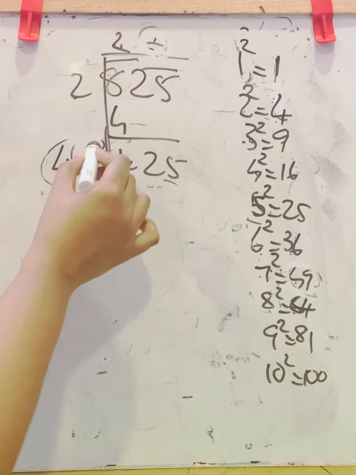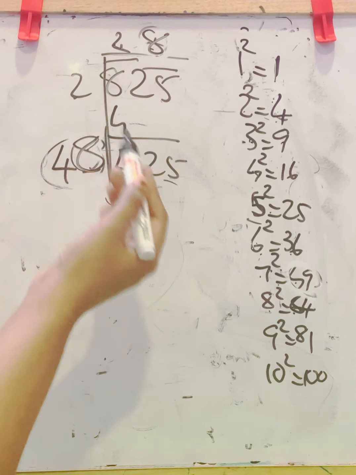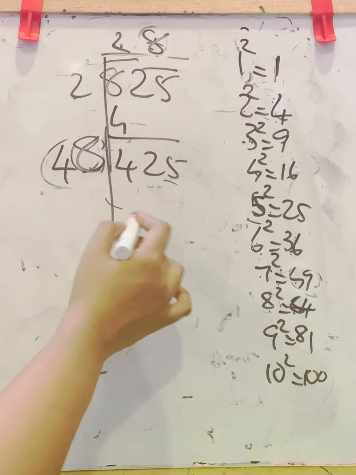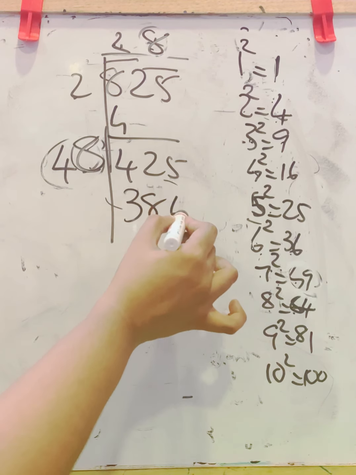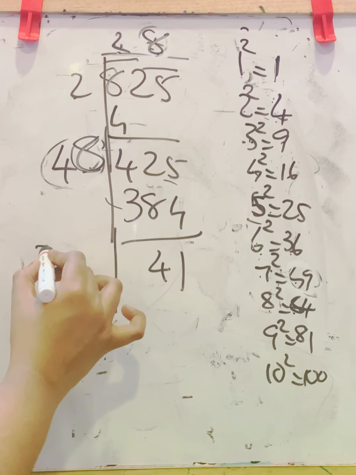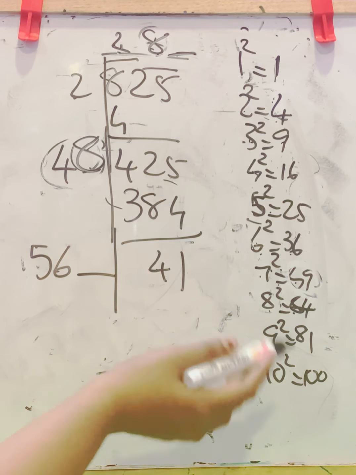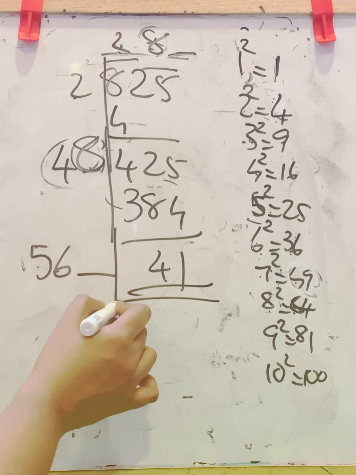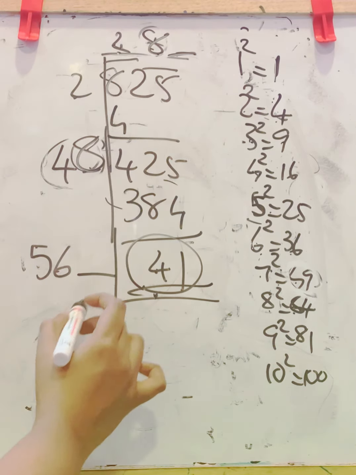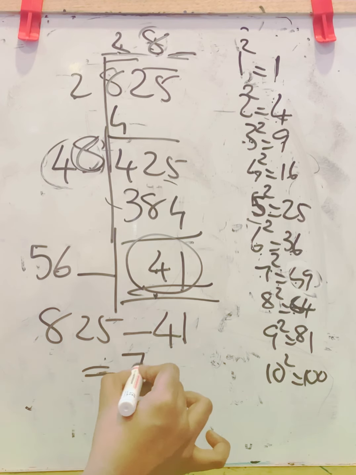You can write 48 into 8 after trial and error. Okay, you can do 47 into 7, 46 into 6, 49 into 9. You will come to the conclusion that 48 into 8 will be smaller than this. 384. Subtract, you will get 41. Now 28 into 2, that is 56 dash. But when you write a number here, it is always greater than this. You can't subtract it. So this is the remainder. So this remainder you should subtract from this non-perfect square number. So 825 subtraction 41, you will get the perfect square, that is 784.